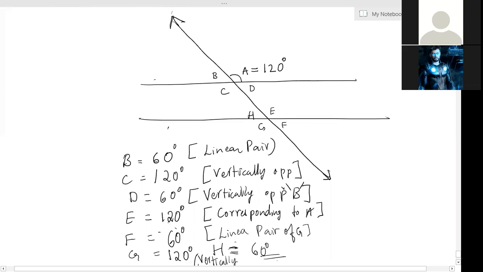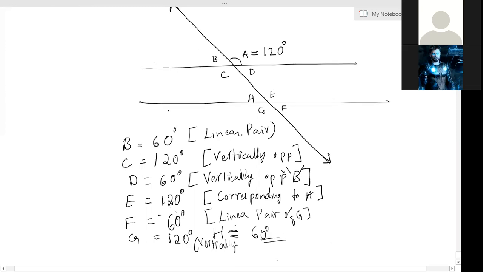Okay. So now you know that if I give you one angle, you can find out all the other angles. It is very easy. All you need to know is one angle. If I give you any, so instead of A, if I give you H or any one angle, you can find out all the other angles. This is the speciality of parallel lines, right? Whenever I give you two parallel lines and a transversal, if you know one angle, you can find out all the other angles.